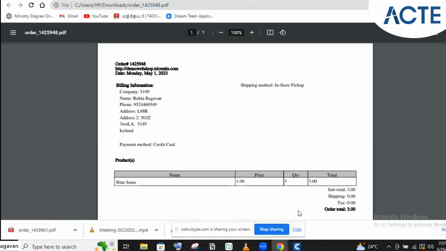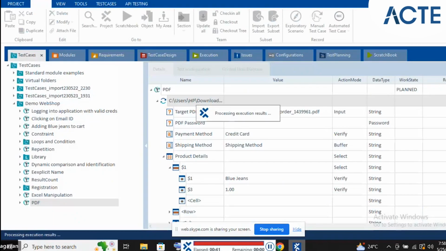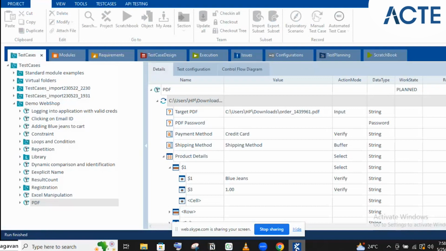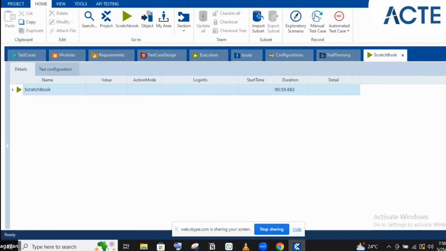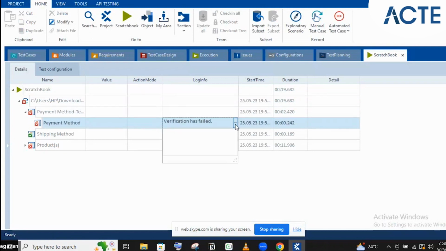I said I'm pressing the F6 button. It failed. Expected value